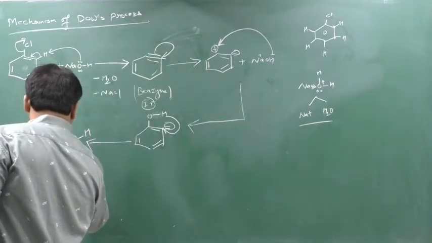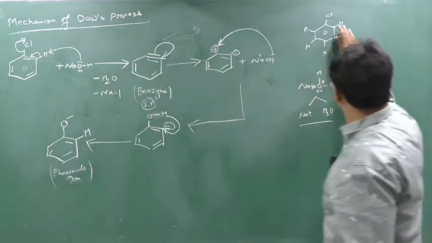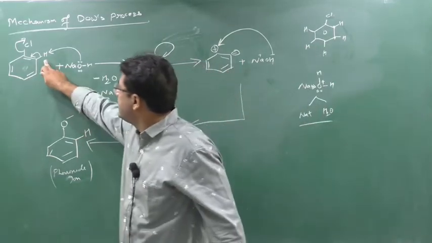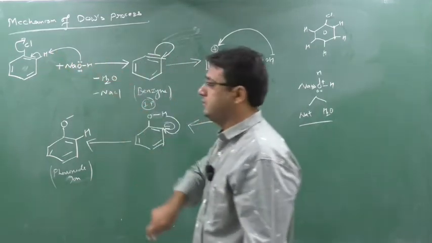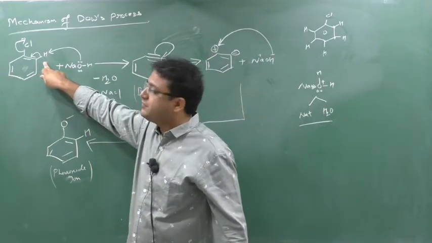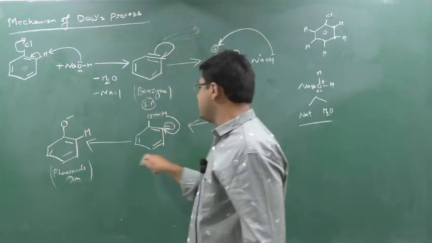Phenoxide ion. Okay. Now, if you don't show the hydrogen, it will work. Why have I shown the hydrogen here? I have shown this hydrogen because with the help of this hydrogen only we are doing the reaction. This ortho position hydrogen has helped us do the reaction, and this ortho hydrogen got back. That's why we have to do a proton transfer.